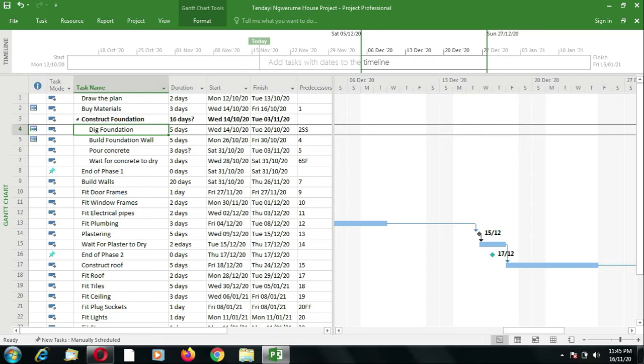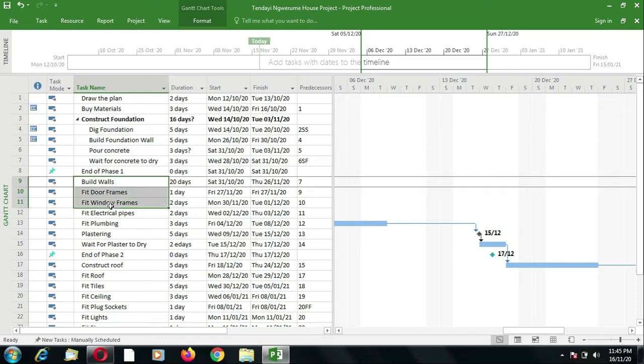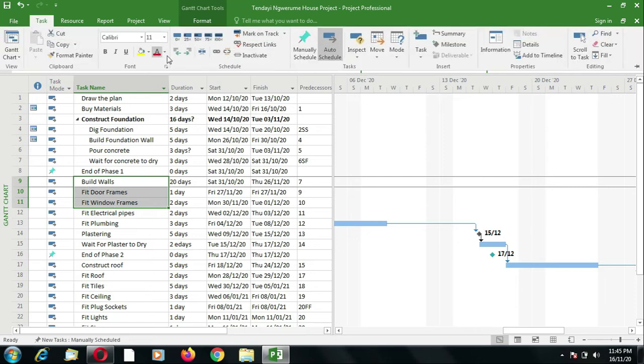Next, we are going to insert another summary task. This time, let's call it constructing the walls. So the walls of the building, which is going to include the brickwork itself, as well as the fitting of the doors and window frames. So we highlight those three activities and we go to task and insert